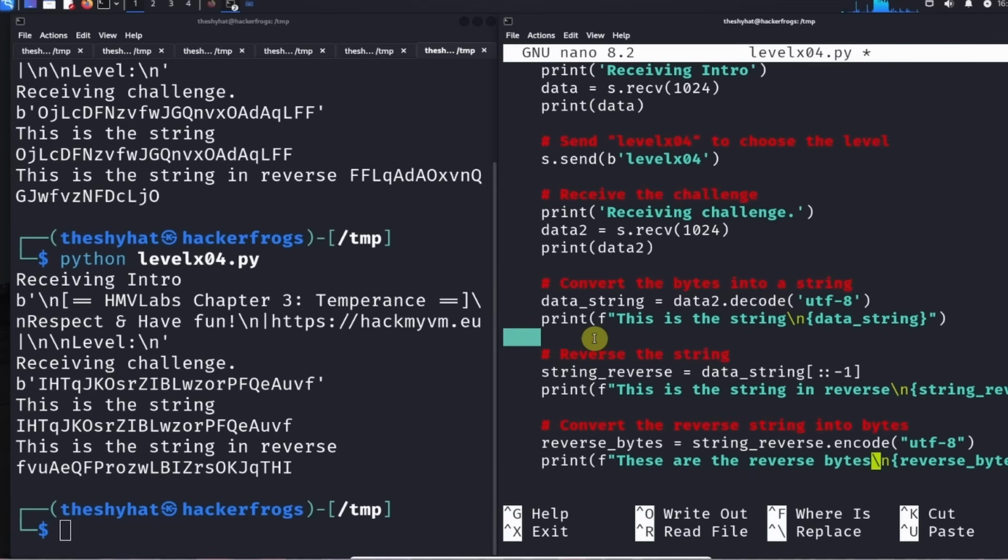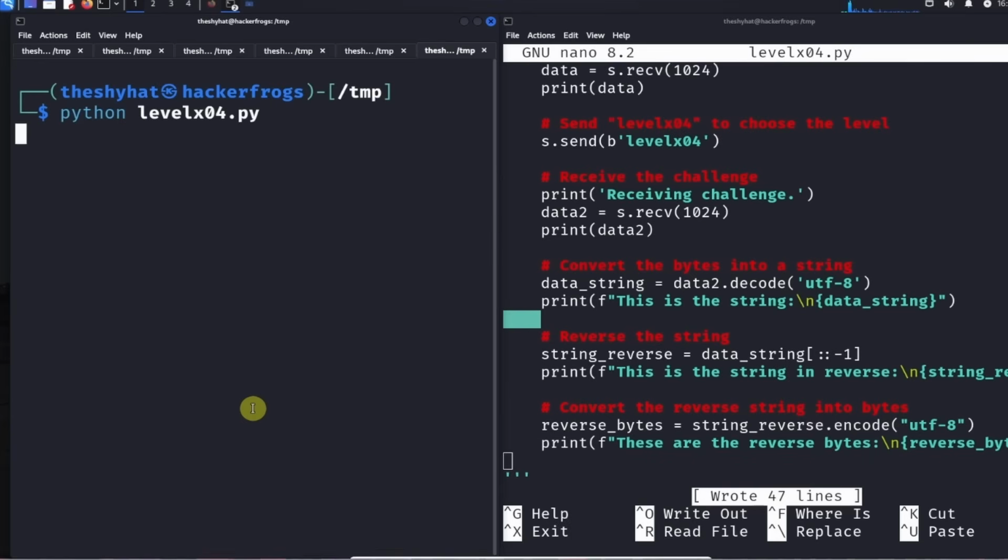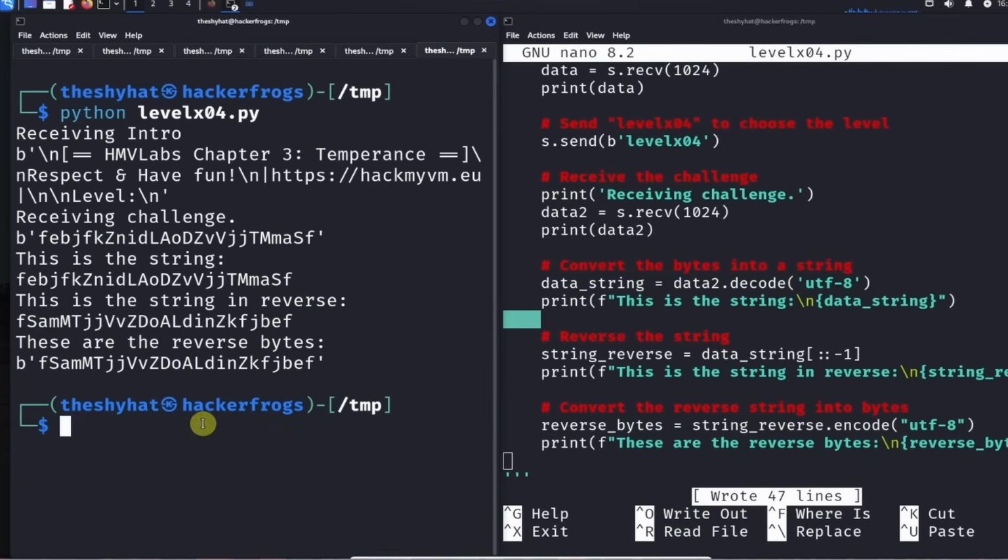Okay, so let's, sorry, I just want to make sure that everything looks nice. Okay, let's save that out, and then let's give that a try. So save, and then here. Okay, this is good. So we receive the challenge. This is the string in reverse, and these are the reverse bytes,